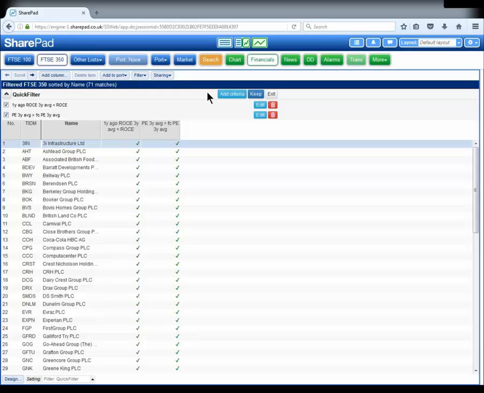So I'm starting to build up a reasonable selection of criteria, and I have the option now to decide whether I want to keep this or whether I just want to exit, and then if I had to come back to it at a later date, I would have to recreate it. So I'm actually going to opt to keep this. So I'm going to click on the keep button,